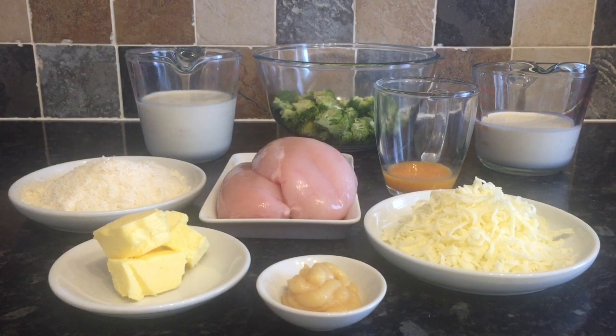Right, so the first thing you're going to need is 3 tablespoons of butter, 2/3 of a cup or 80 grams of grated parmesan cheese, 1.5 cups or 3/4 of a pint of whole milk, 1.5 cups or 200 grams of chopped broccoli, 2 beaten egg yolks, 1 cup of double or heavy cream, which is about half a pint, 3/4 of a cup or 90 grams of mozzarella cheese, 3 small chicken breasts, 1 tablespoon of garlic, and you'll also need 1 pint of chicken stock or broth, which is about 2 cups,